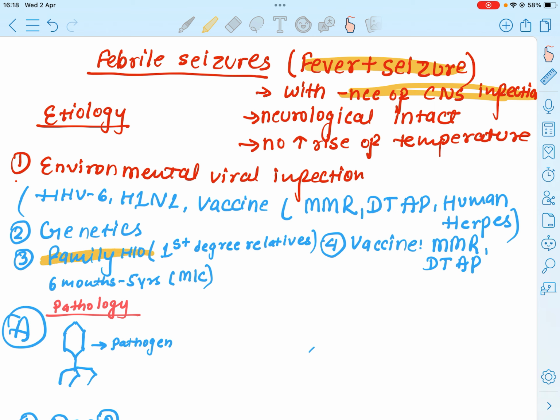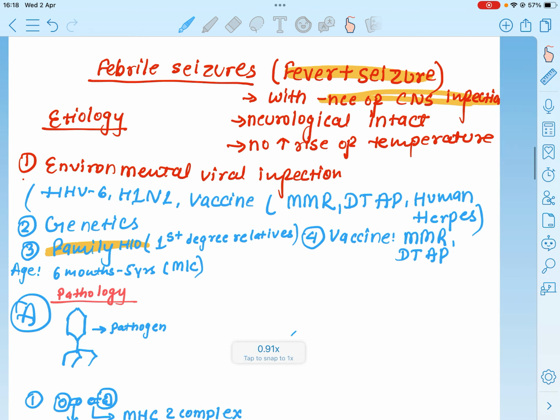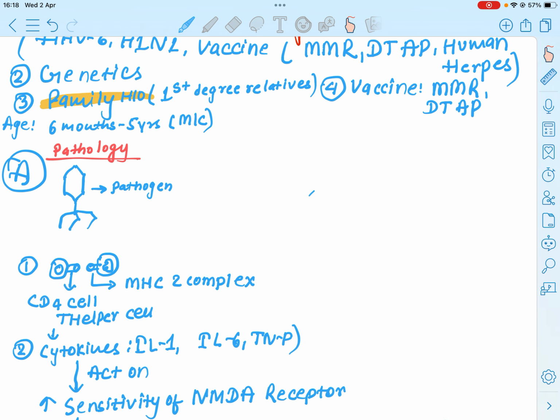If first degree relatives have epilepsy or seizure, then it is more likely to occur in the children, and the age of occurrence of this kind of seizure is 6 months to 5 years. Now let's understand the pathology, and first of all,